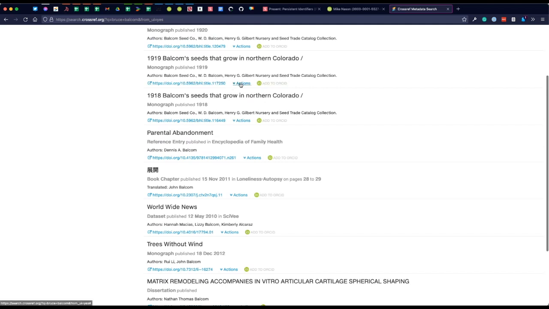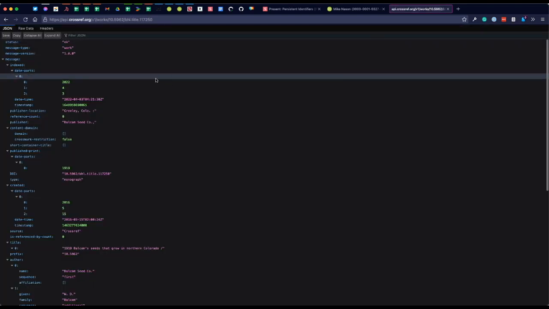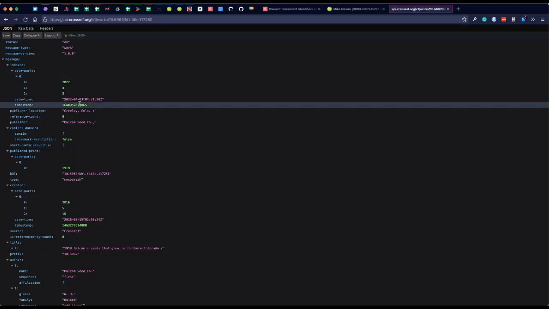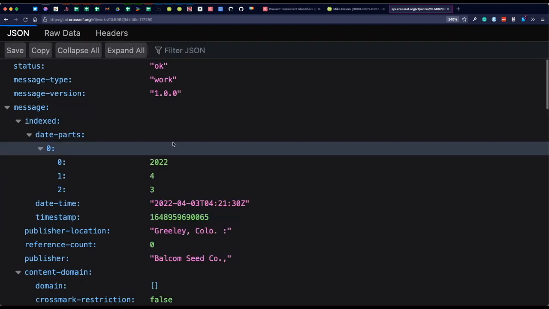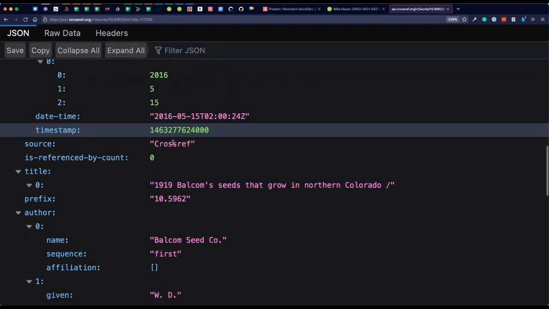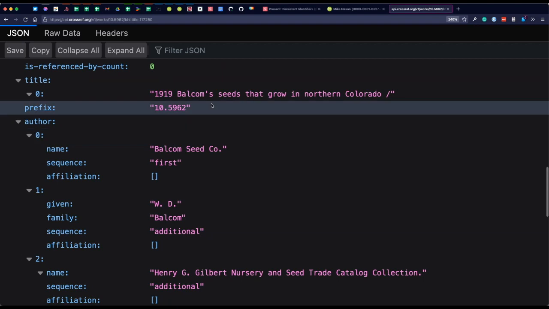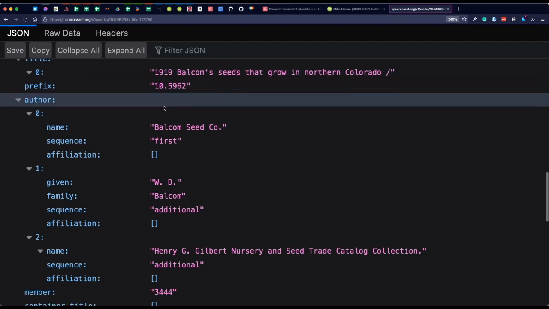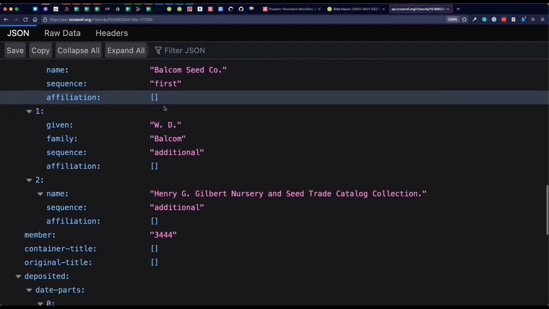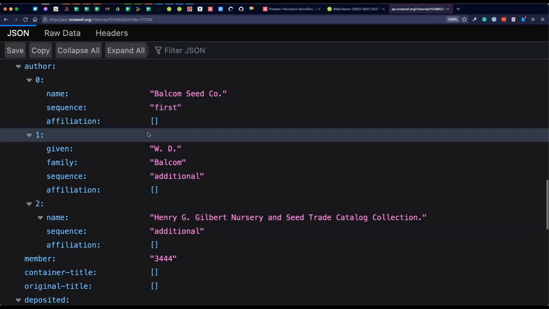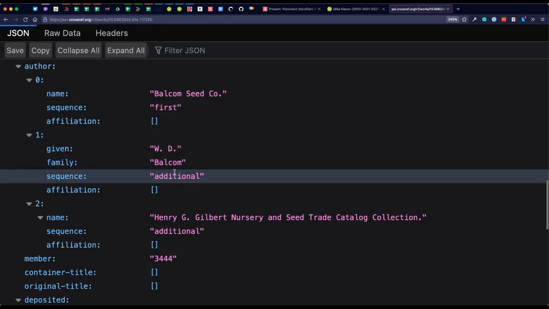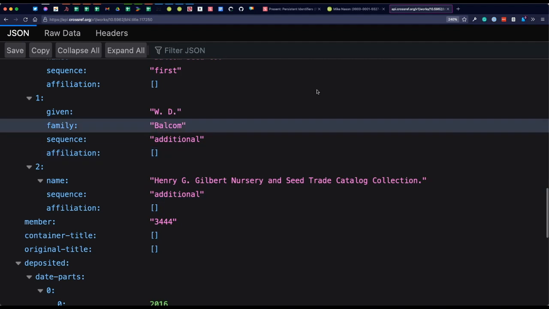In any event, under actions, I can cite or I can view the metadata as JSON. I talked about that before. Let's look at a metadata record. This is JSON. It's very tiny. Metadata record. All the stuff stored against that record is here. Seeds that grow in northern Colorado. Prefix 105962. Balcom Seed Co. It's actually an institution. Given name WD Balcom. Additional. It's definitely not, but